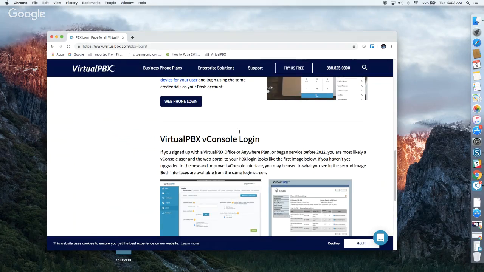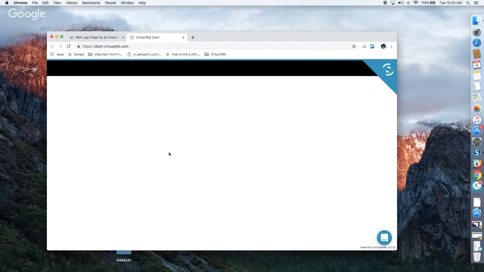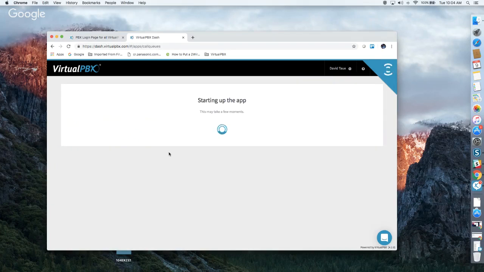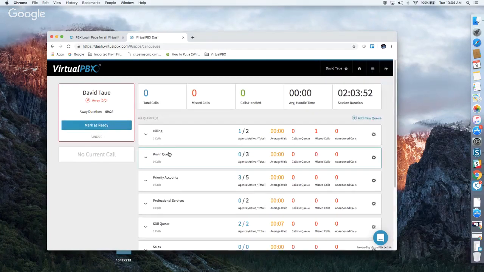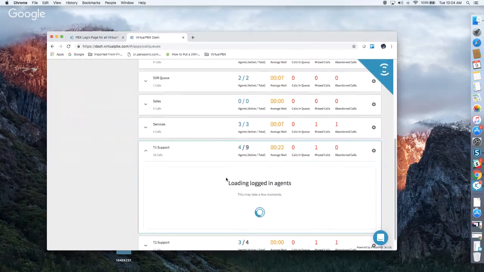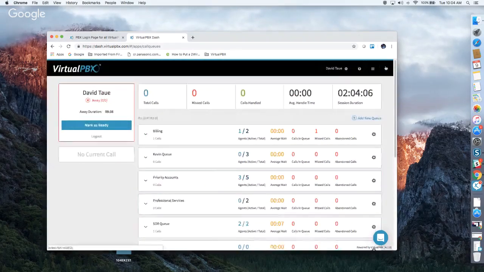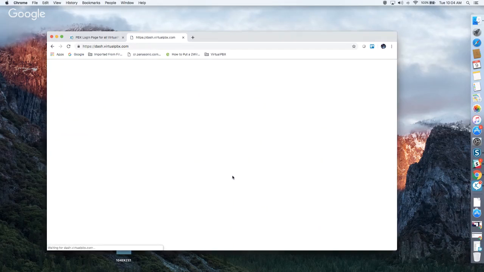But we'll go ahead and get over to the Dash login, see if I actually remembered to log out. Looks like I did not. Yep. So this is our queue as if you're an agent. And depending on what you have access to, you can see what agents are on calls, etc. I'll go ahead and get logged out, and we'll log in properly